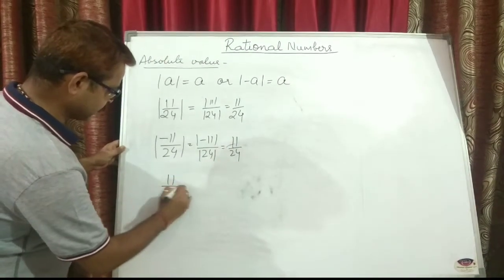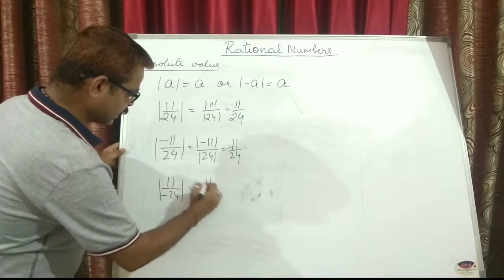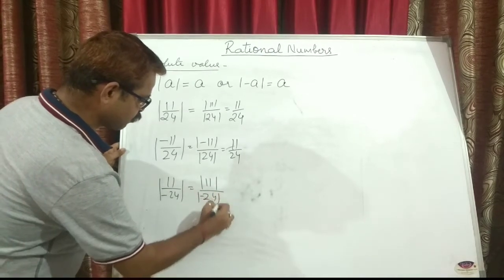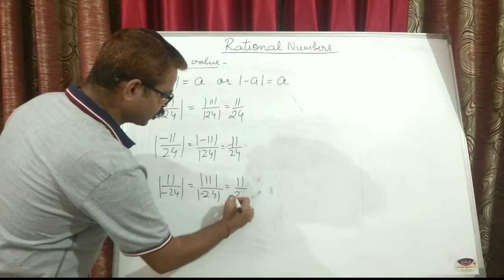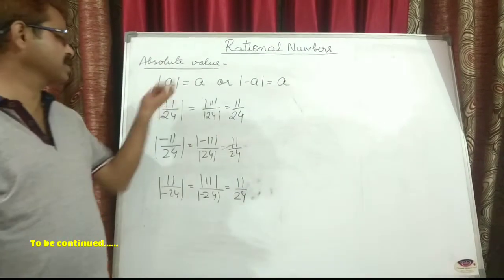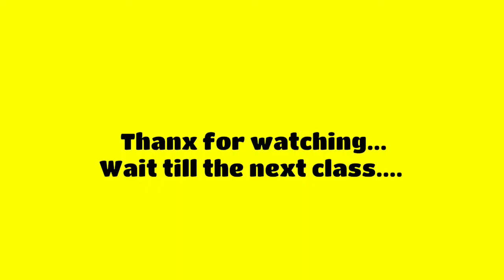Again I will take 11 upon minus 24 in mod, so that is mod of 11 upon mod of minus 24, that gives you 11 upon 24. So a very basic thing you need to remember, that whatever is inside the mod, when you remove the mod, it will